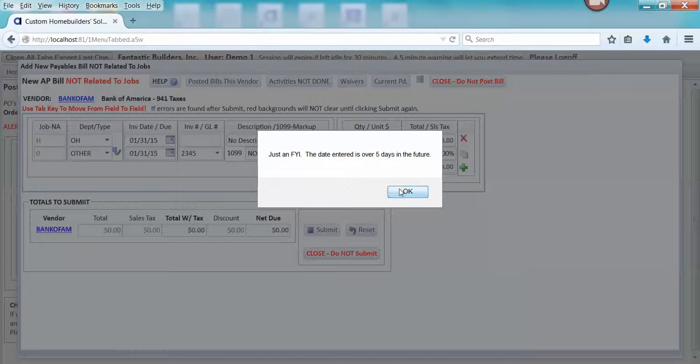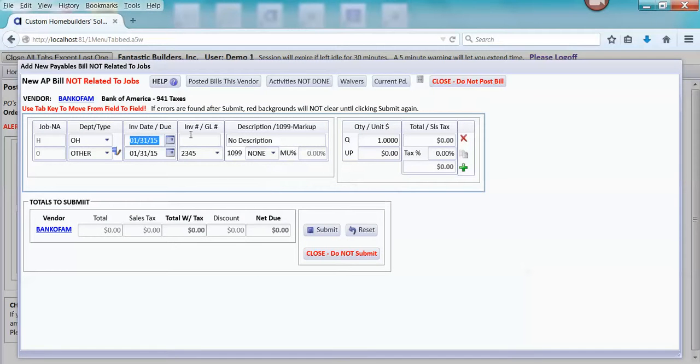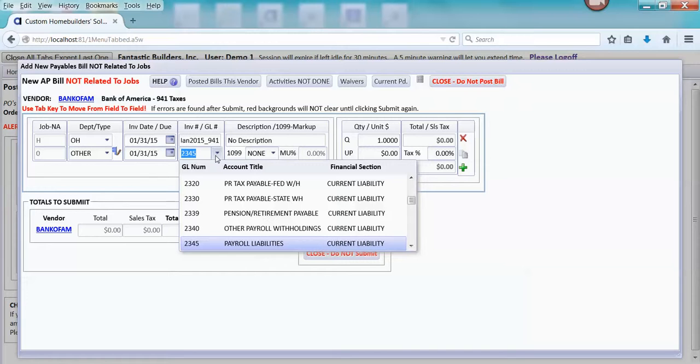It's going to tell me that's in the future because of when I'm doing these videos. And I'm going to put Jan 2015 941 as my invoice. And the first, I do have this set up Bank of America